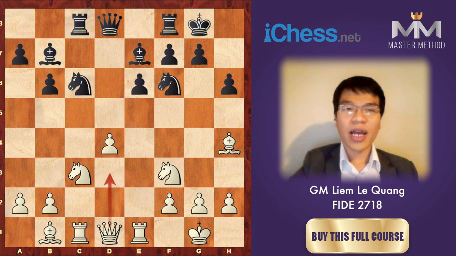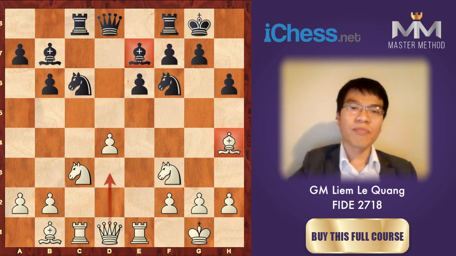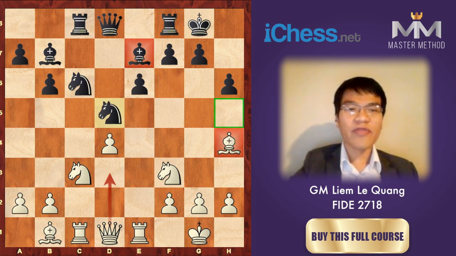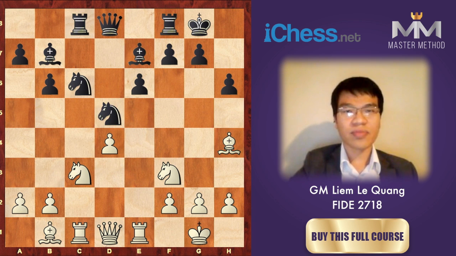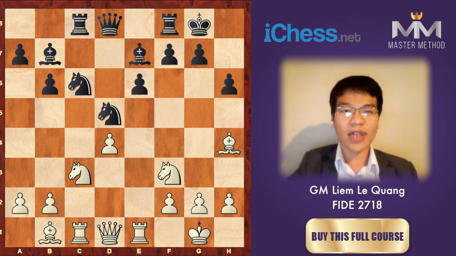So black has to exchange this bishop on e7 with this bishop on h4 by moving the knight. But the question is where to move the knight. For example, if knight to d5,